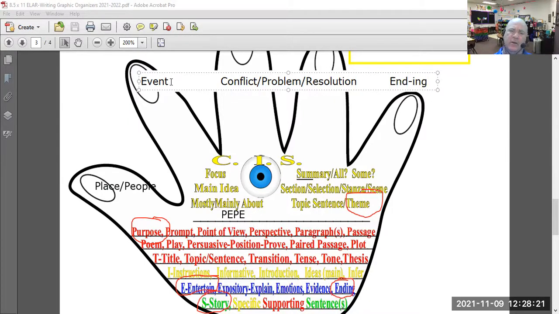is the last finger. So the PEPE is, who are the people, what's the place where they're going, and who are the people involved, what's the event. In this case, the problem has a conflict and a resolution and an ending. So as you see that,